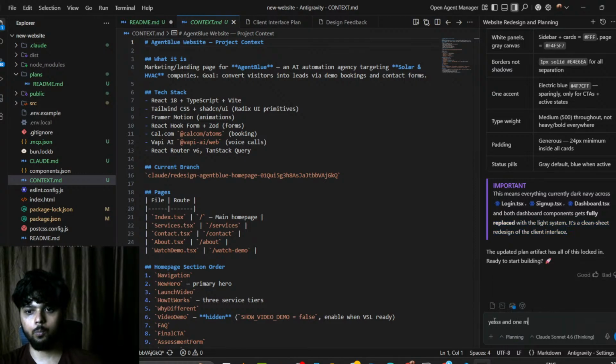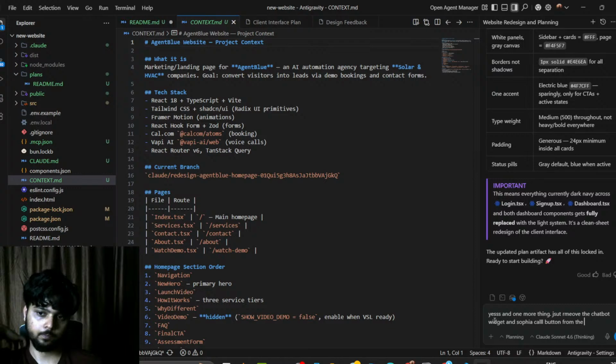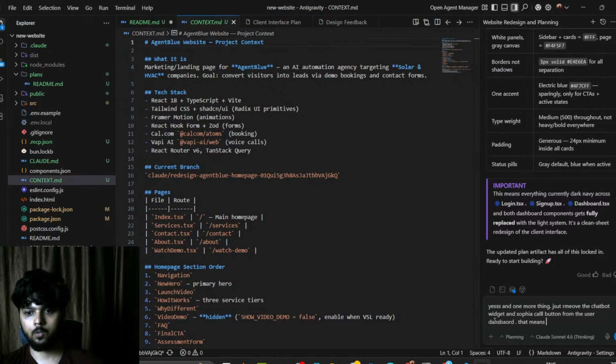Yes. And one more thing, just remove the chatbot button and the chatbot picture and the Sophia call button from the user type, that means only remains from the